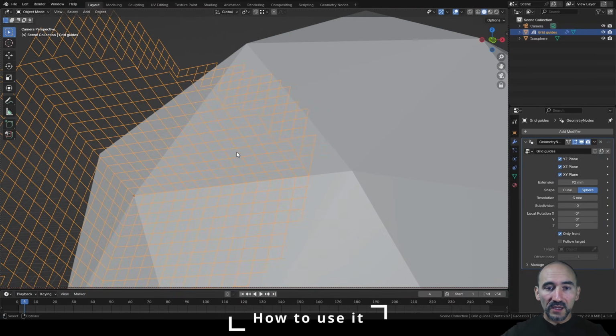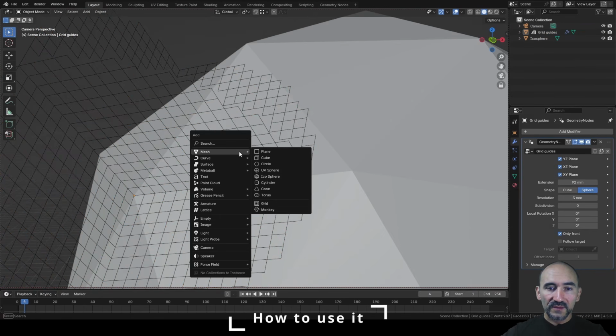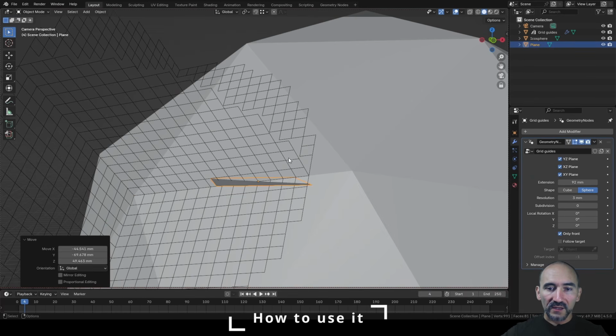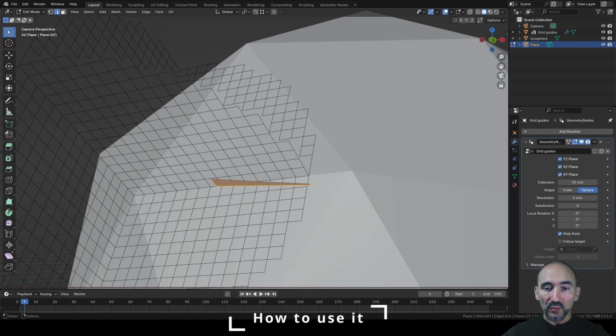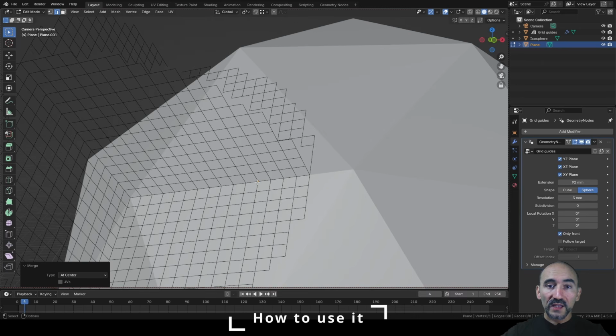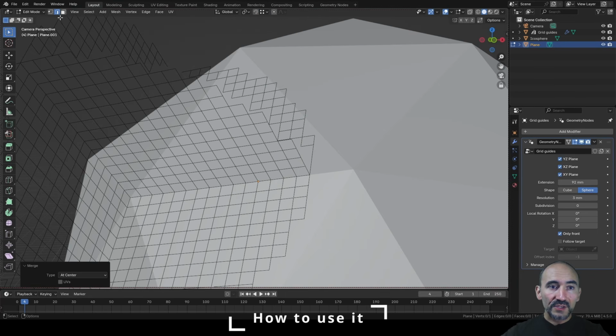So for example, I can press Alt A to deselect everything, press Shift A, mesh. I can create a plane, G to move, Control pressed to move the plane here, go in edit mode and press M to merge all the vertices in one place. So I have only one vertex in this moment and here in this point of this grid. And what I can do is to enable the vertex snapping, and now selecting the vertex selection, we can select